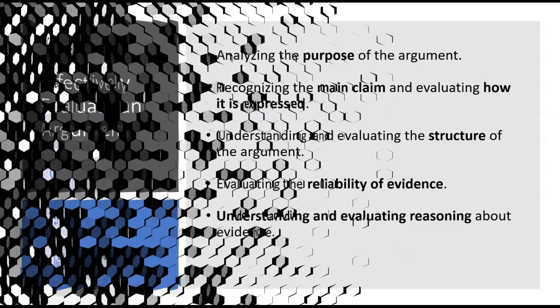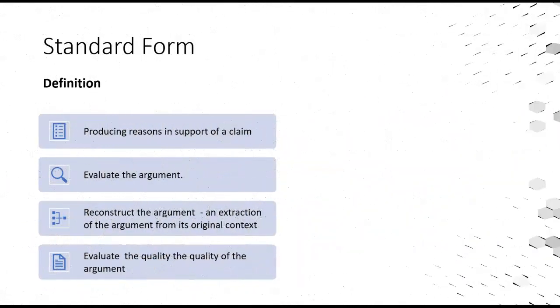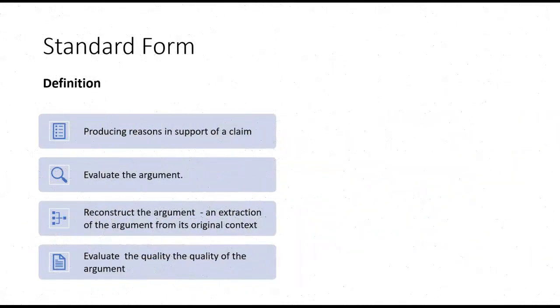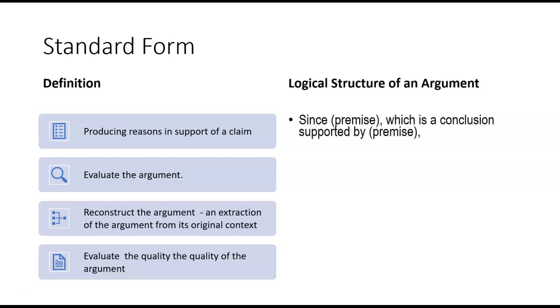Standard form is a technique of deconstructing arguments and diagramming them. It helps to identify premises, creates a checklist of details to assess, and helps you reconstruct the argument, which can help you recognize missing pieces, flaws in logic, and faulty reasoning. It's simple. List the premises and arrive at a conclusion.